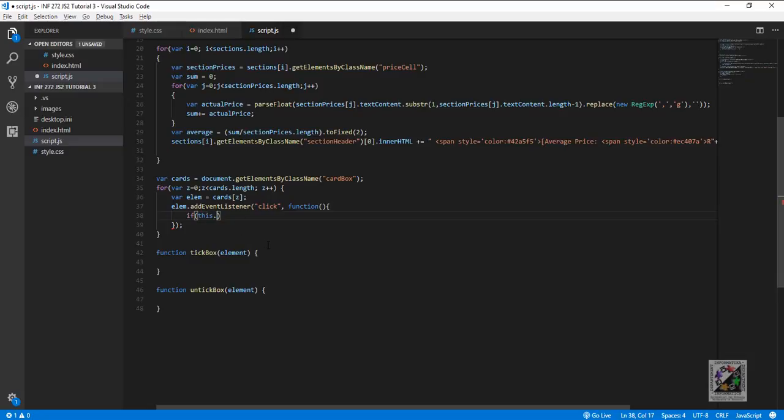So if this dot classList, so classList retrieves the list of classes that is associated with a particular element. Dot contains the class ticked,